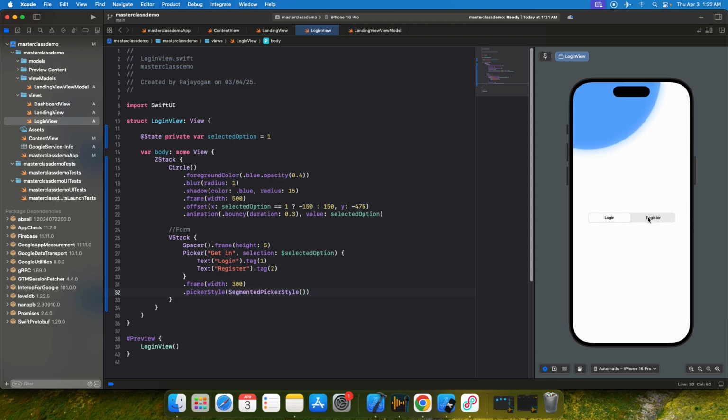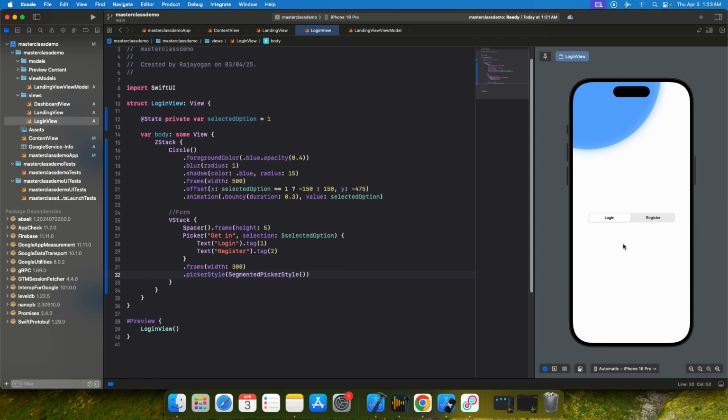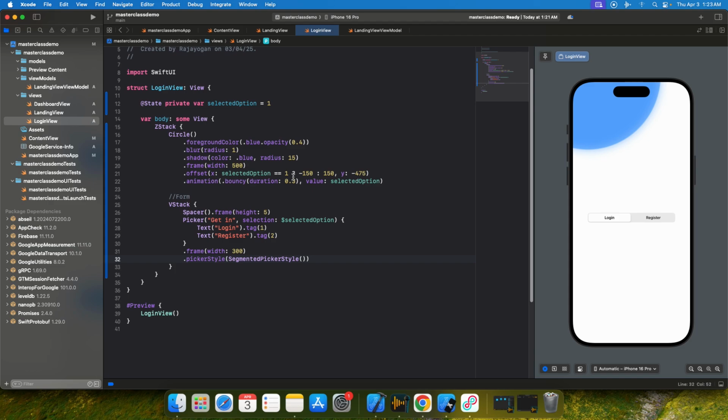Cool, we can now see this nice looking animation that's moving along with whatever value we have selected, right? And if you notice, there is a slight bounce to that as well. If you increase the duration, the bounce would, anyway, let's not play around with this, let's just move on. So after this